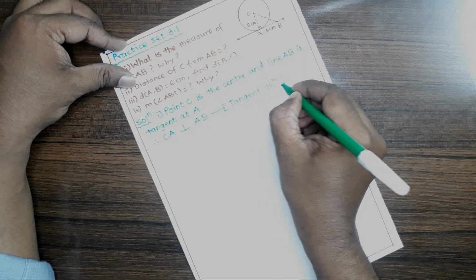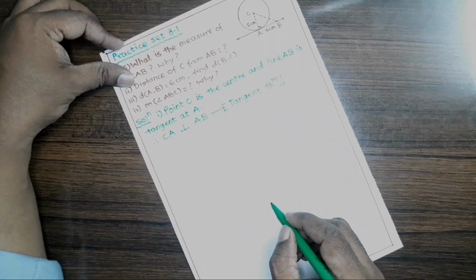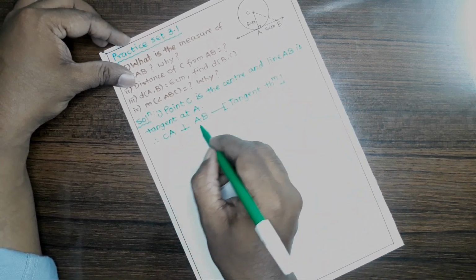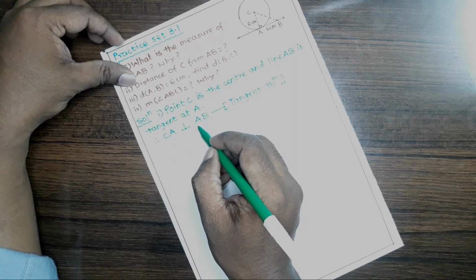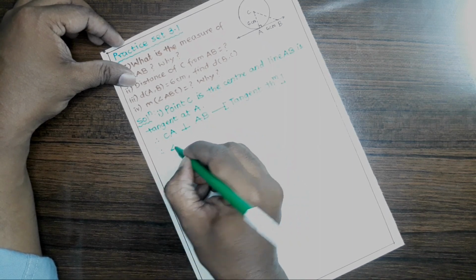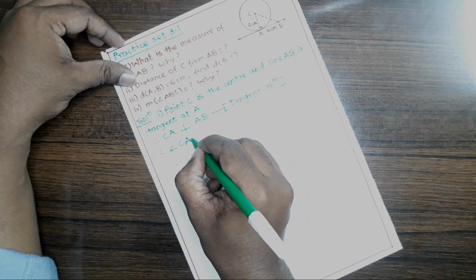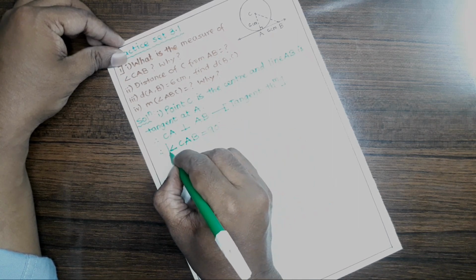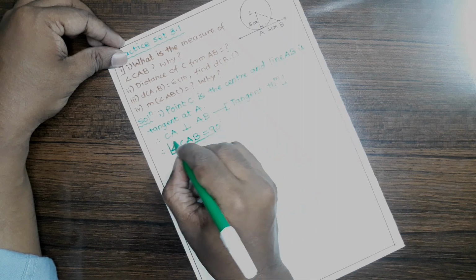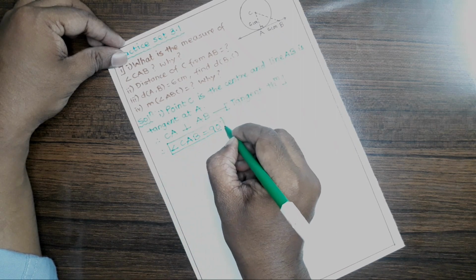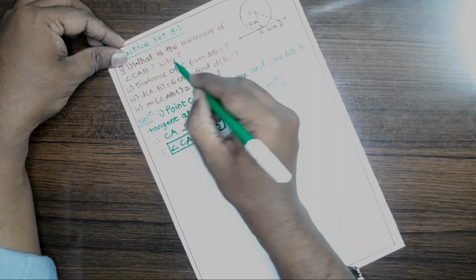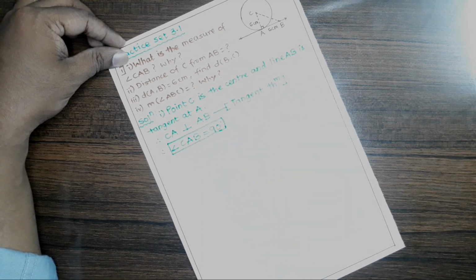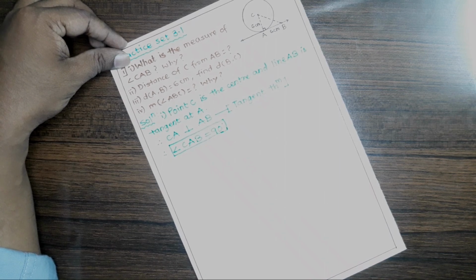Okay, these reasons are very much of importance because if you understood the reason, then only you can write these lines, which are going to make an important step. So angle CAB is equal to 90 degree. This is our first answer. Angle CAB is equal to 90 degree, and why? By tangent theorem. Okay. Now let's solve the second part.